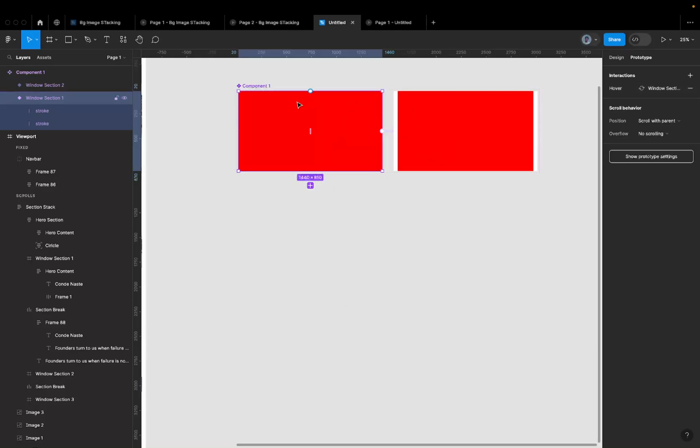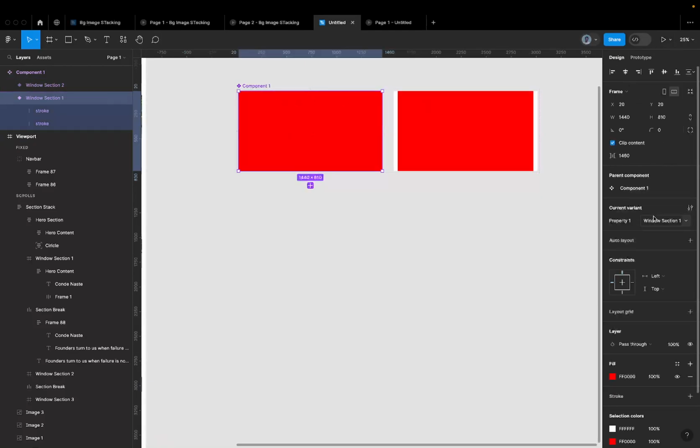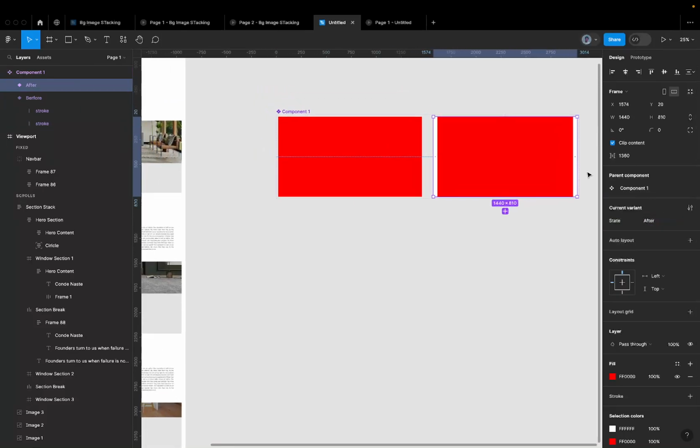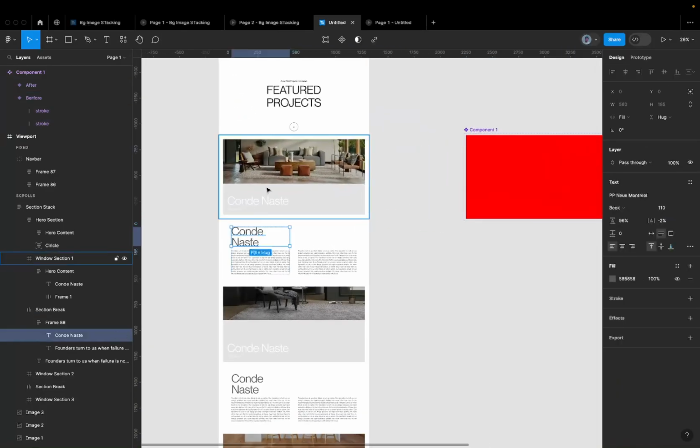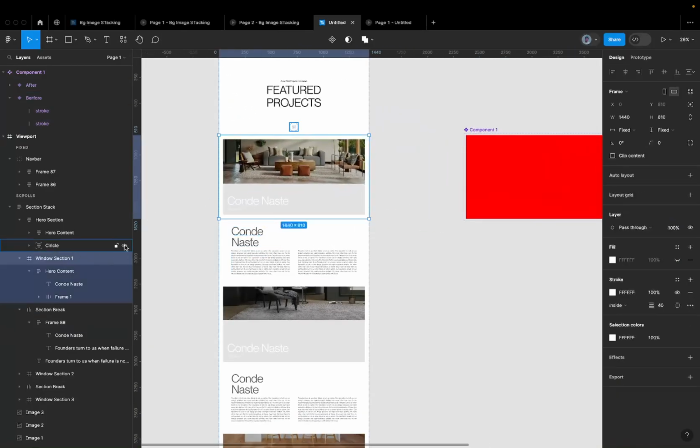So we just copy this window section, this first before state, Control C. Let's give it a property. So for property, I'm going to name it property 1 state. I'm only naming all this because I want you to be able to understand what's going on. So before and after. Forgive my spelling. But yeah, okay, so Control C, and I'm going to then click on this window section here and then